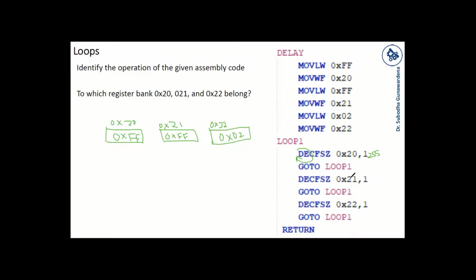Now the value is what? Now the value is 0xFF, right? So then it will decrement the value by 1. The value will be 0xFE, right? And go to loop means it will go here, right? It will make this value 0xFE